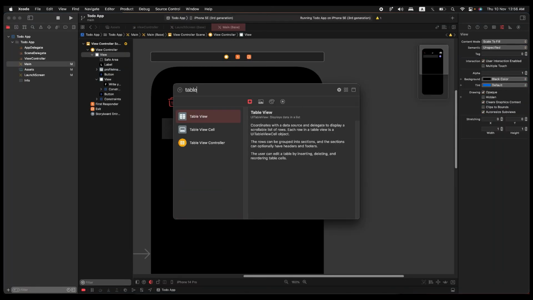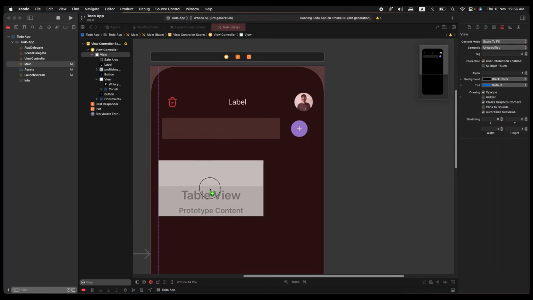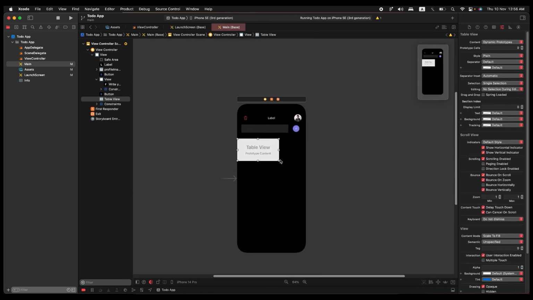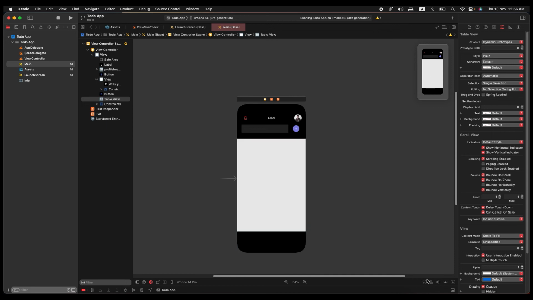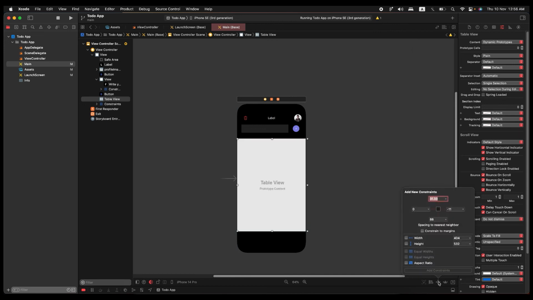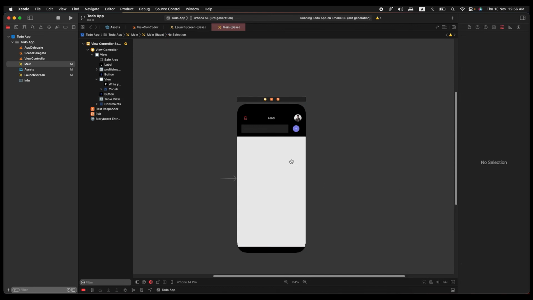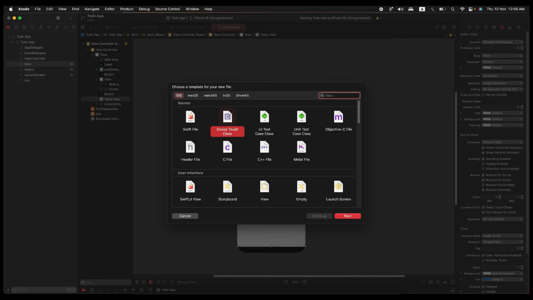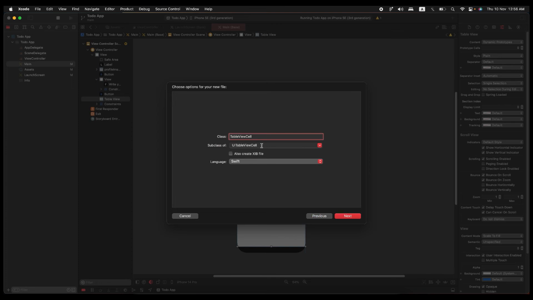So let's have the table view. We already spoke about that in the last video of the last chapter. We will have a constraint of that table view from above, let's just say 20, from the right and left 0, 0, and from the bottom 0. That's wonderful. Now let's create a new file, Cocoa Touch class, and let's just name it